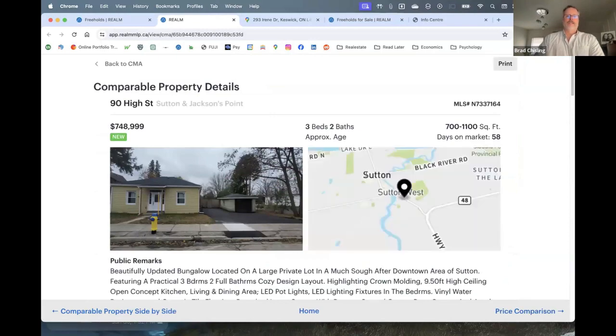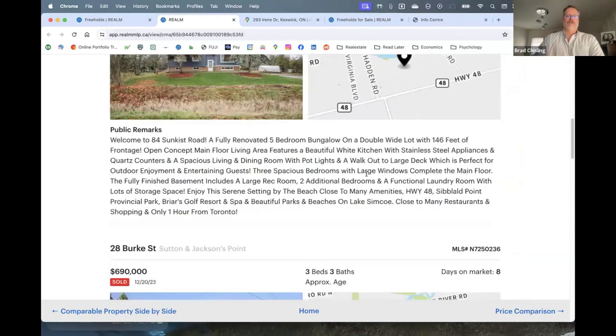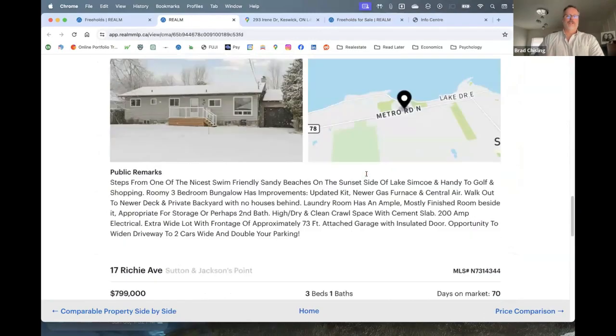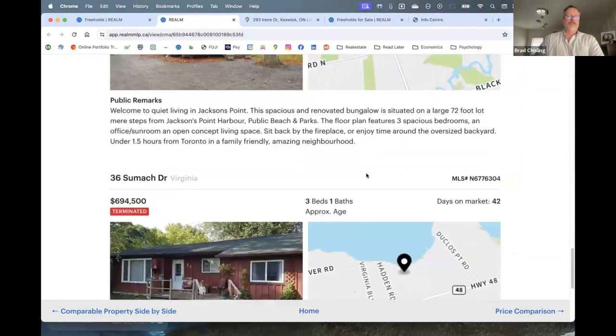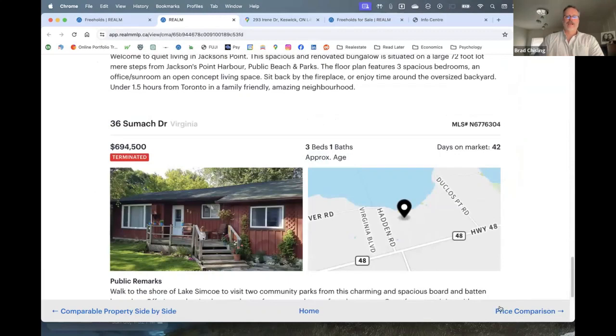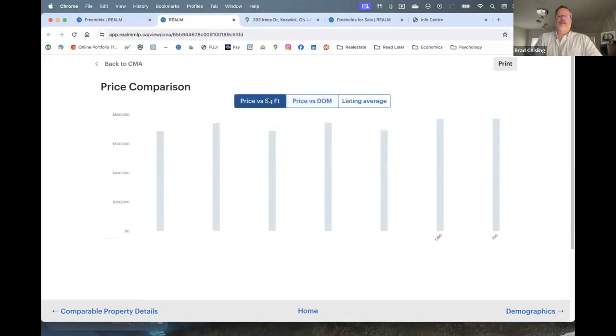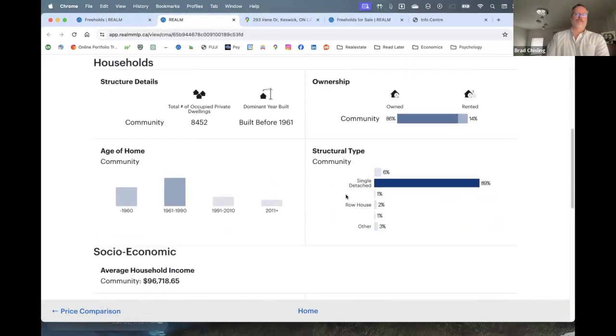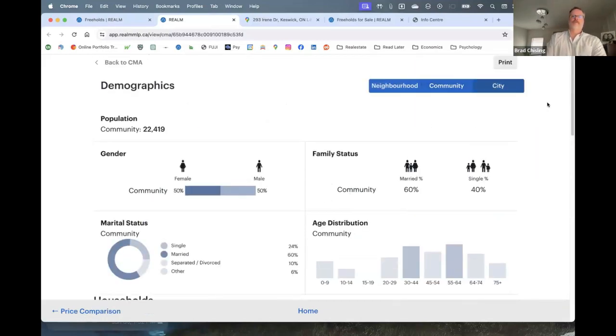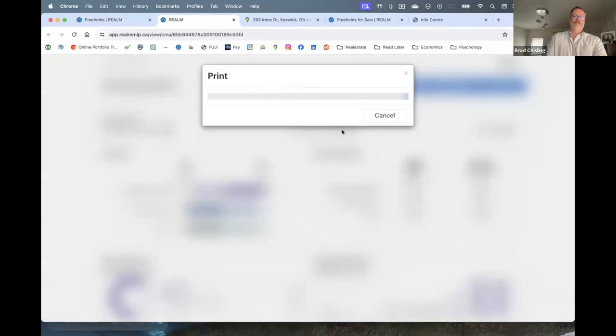And then, so details on the comps, I kind of scroll through. This is where you can maybe replace it with the MLS sheets if you want, or if you're just fine with the summary, you can use this instead. And then some statistical data, which maybe is a little confusing depending on what it actually looks like for your client, but you can do that here as well. And then the demographics that you normally see in Geo, and you can cycle through the neighborhood. If I print this,